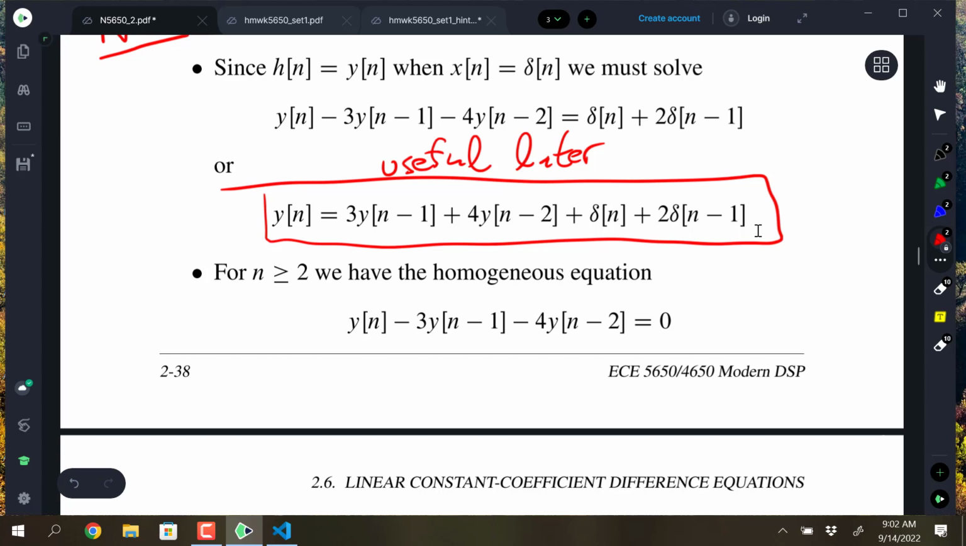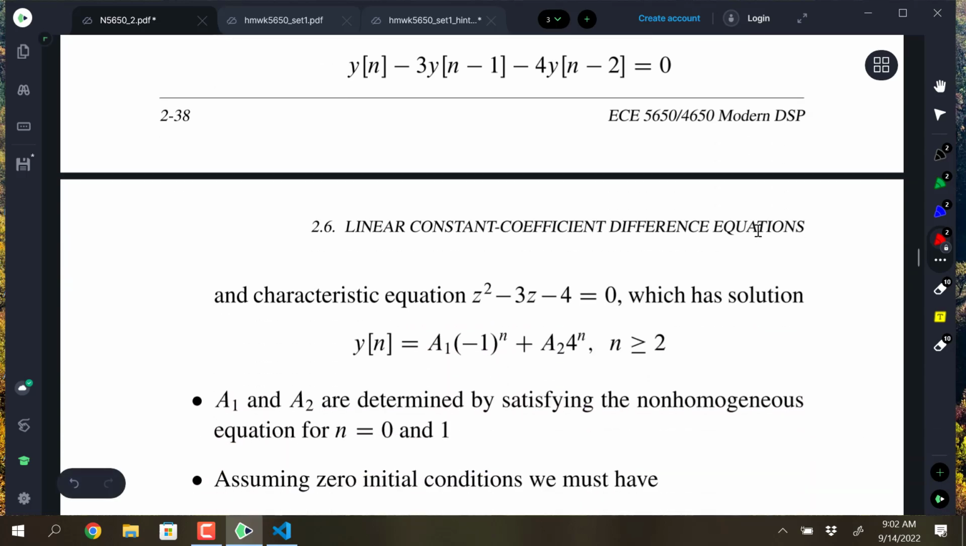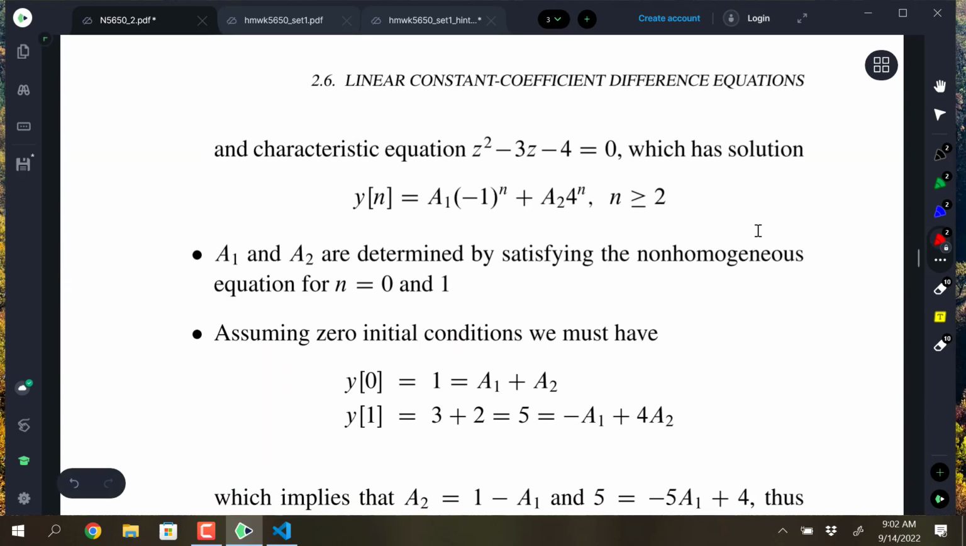This form will be useful later. But initially, we want to go with a homogeneous response, so we're just going to shut this off and get the characteristic equation so we can set up the general solution. So we have the homogeneous equation that's second order, make the substitution, and we get a polynomial z squared minus 3z minus 4 equals 0. And the roots of that are,